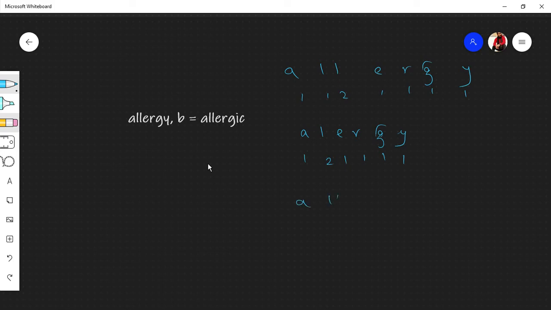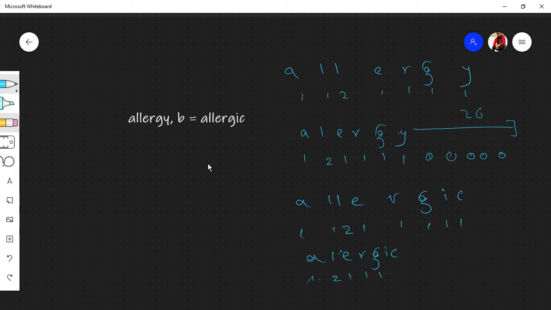Now we'll pick for ALLERGIC, RGIC. Just imagine that it's a continuous 26 characters long. All the other elements are currently 0. For this also 1 1 2, then again 1 1 1 1 and 1. So if we pull out the unique characters of ALLERGIC, the total values will be 1 2 1 1 1 1 1.